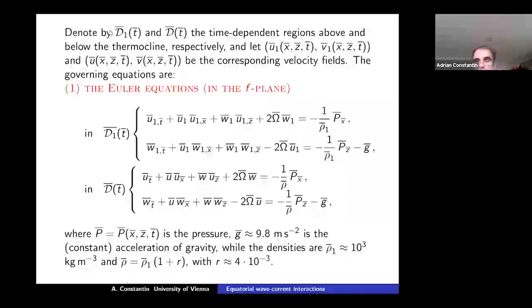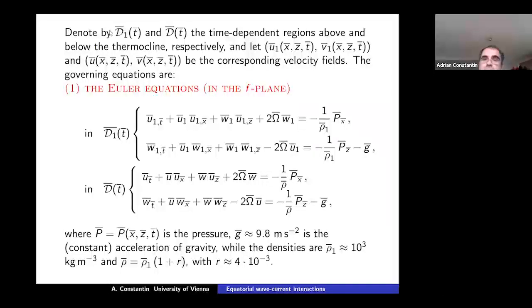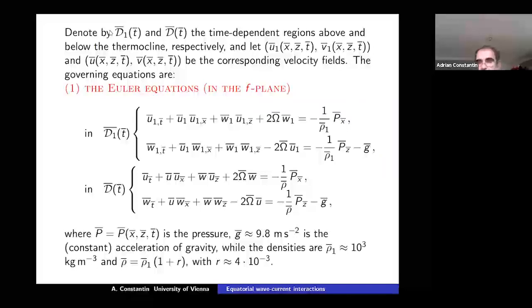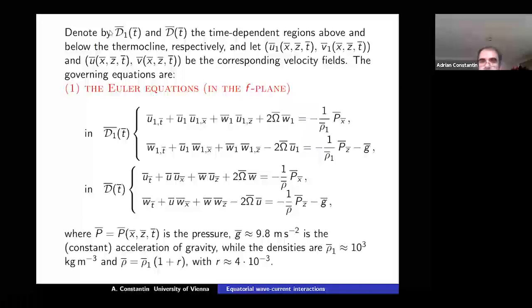Right, so because the flow is inviscid, you have the Euler equation in the two layers. And there is the contribution here from the Coriolis force, encoded in the omega that is here. At the equator you don't have cosine and sine because the sine is 0. It's the F-plane approximation, so cosine of the latitude is approximated by 1 and sine by 0. So you have this omega term here. Other than that, it's the standard Euler equations. There is a difference in the Euler equation.